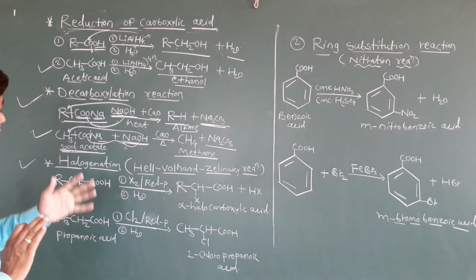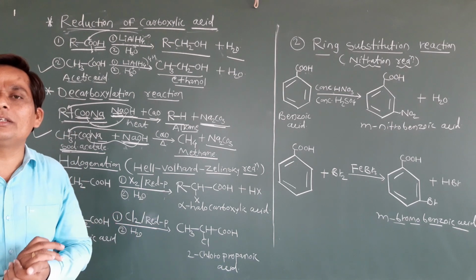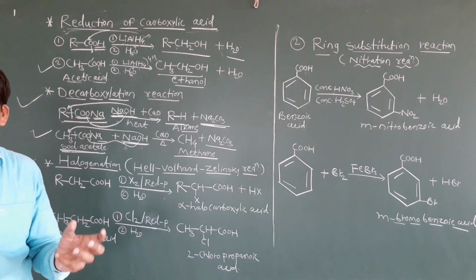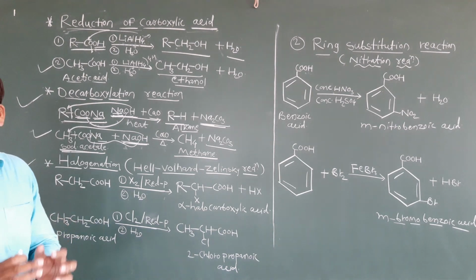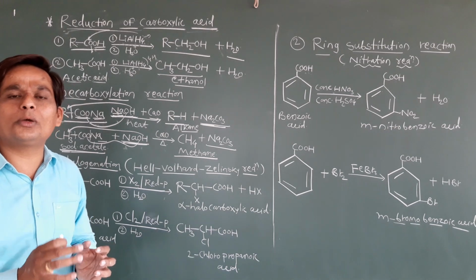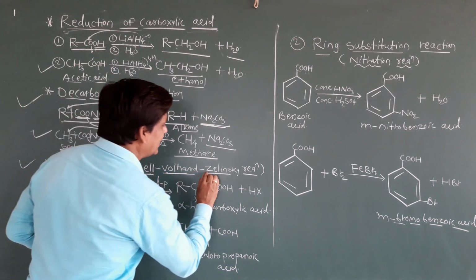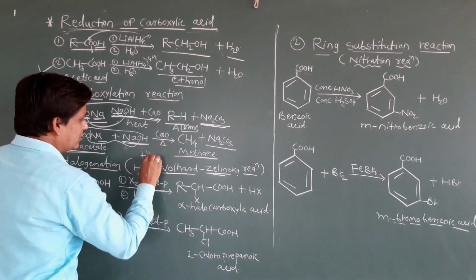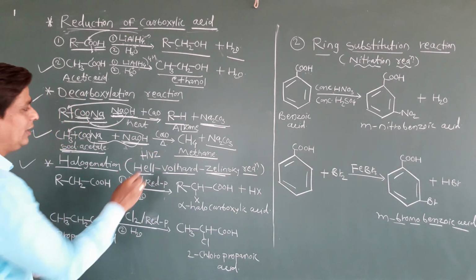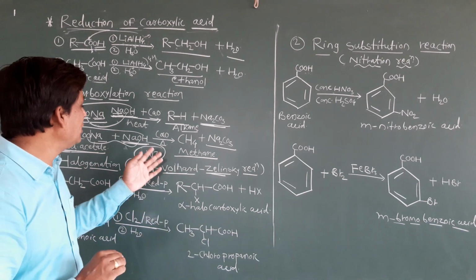Okay students, just check it, halogenation. You know already, we already discussed many halogenation reactions. Halogenation is nothing but hydrogen being replaced by a halogen group, but this is one of the specific reactions. So we can say it is the Hell-Vollard-Zelinsky reaction, HVZ reaction. Simply we can say HVZ. So this is a very important naming reaction.